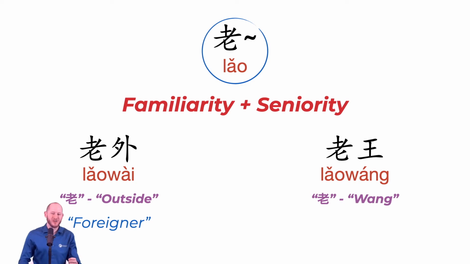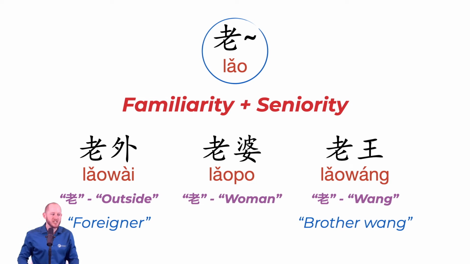How about this one? Lao wang. You'll hear lao wang all the time, or xiao wang, but we'll get to that in a second. Lao wang just basically means like brother Wang. And you'll see lao often put with somebody's last name, their xing, their surname, because it comes first in Chinese. So it's called a xing. So whoever is called lao wang, their surname is Wang, and that's why they're being called Lao Wang.